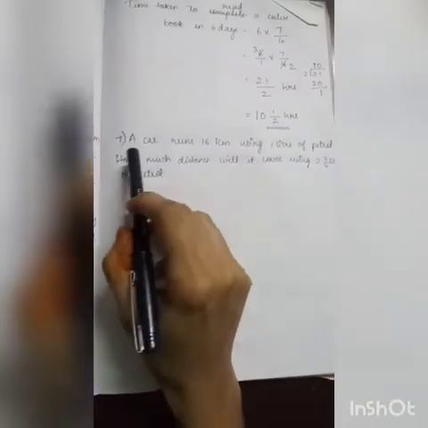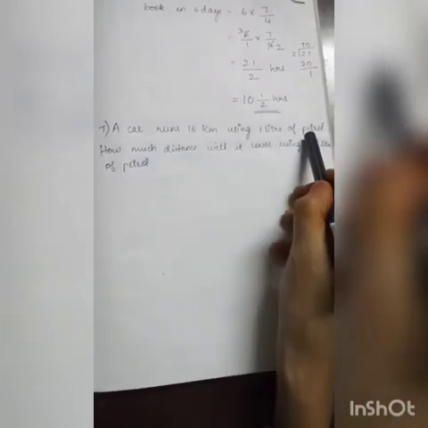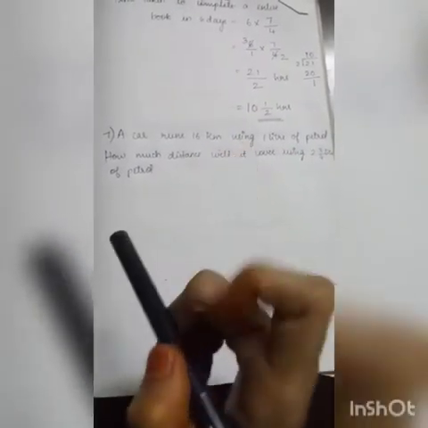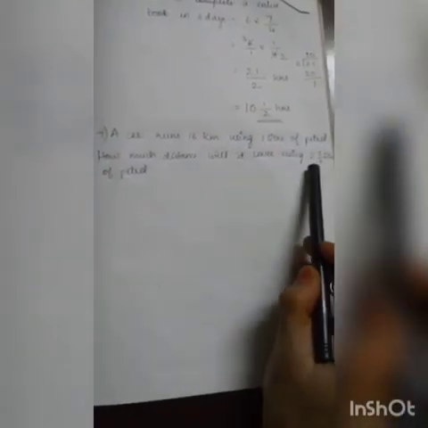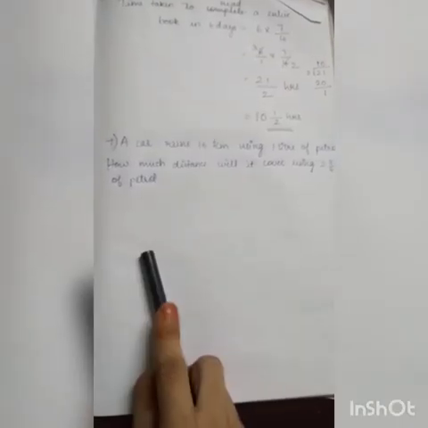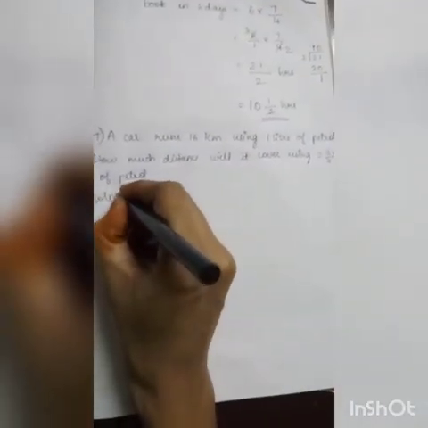Now, 7th question. What is the 7th question? A car runs 16 km using 1 liter of petrol. So using 1 liter of petrol, how much distance is it covering? 16 km, right? How much distance will it cover using 2 3/4 liters? For that, how will we do it? For 1 liter 16 km, so for 2 3/4 liters, 16 into 2 3/4 kilometers. Okay, this is actually a simple problem, children.